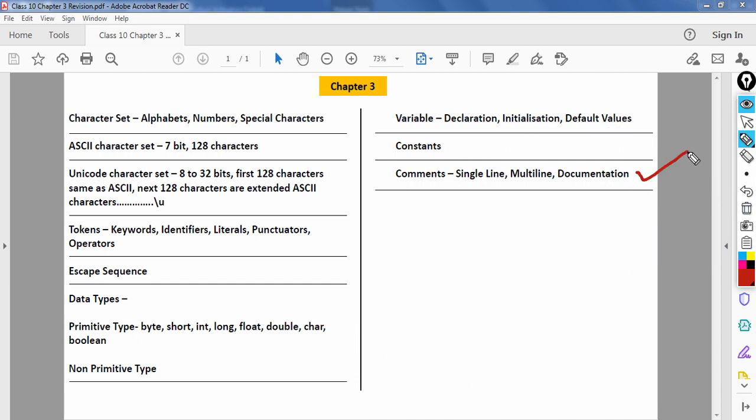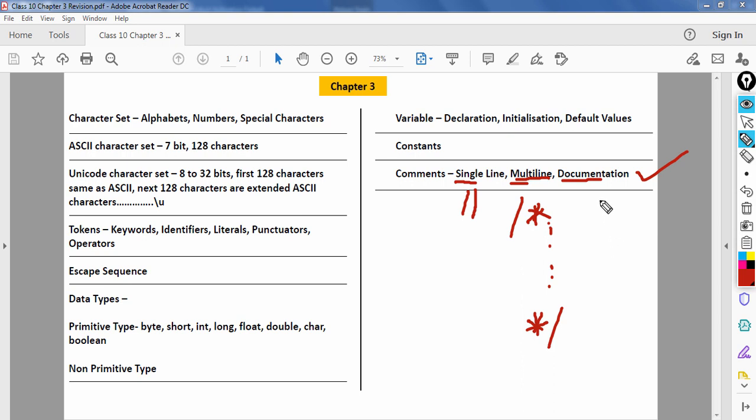And what are comments? Comments are used for writing remarks. There are three kinds of comments: single line comment, multi-line comment, and documentation comment. Single line is represented by double forward slash. Multi-line comment means if you want to extend your comment to multiple lines, then you use forward slash asterisk, write your comments and then finally close it by asterisk and forward slash.